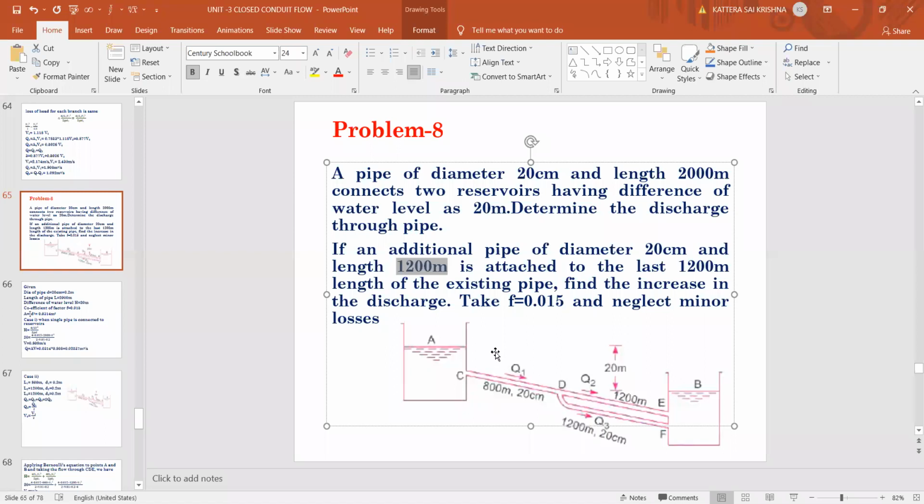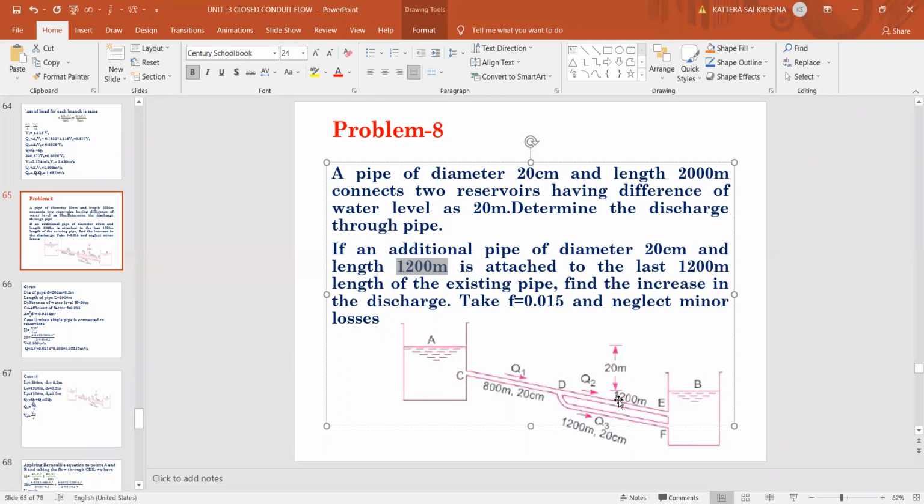So what happens here? We already know that when the pipe is discharged here, Q1 is equal to Q2 plus Q3. Nothing but the total discharge at any section will be the same. So if you take a section here and here, Q1 is equal to Q2 plus Q3. That concept we'll use and we'll find the remaining things which we need. The lengths of the two branched pipes Q2 and Q3 are the same, 1200, 1200, since both are parallel, and this pipe CD is taken as 800 meter. And in all sections of the pipe, the diameter is constant.